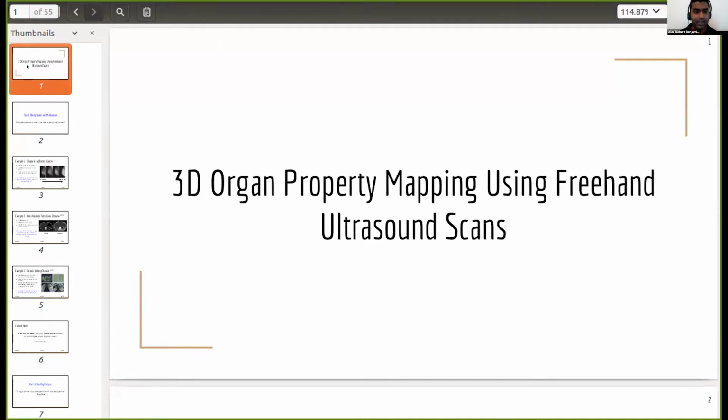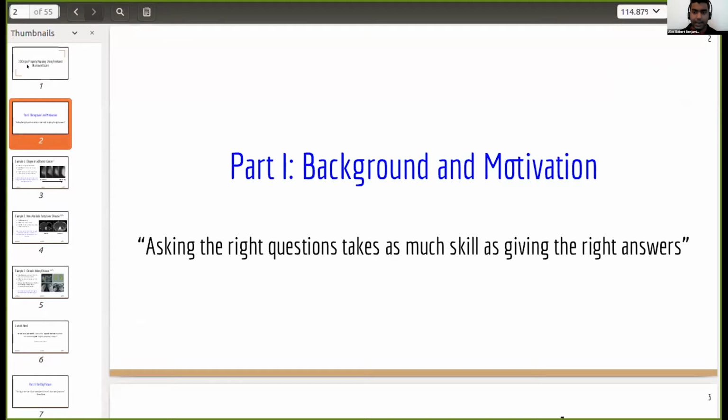But I'm broadly going to be talking about the use of ultrasound for three-dimensional mapping of organ properties. And before I jump into the technicals, I just want to give a little bit of background on why it's necessary and what the motivation is. So conventionally,